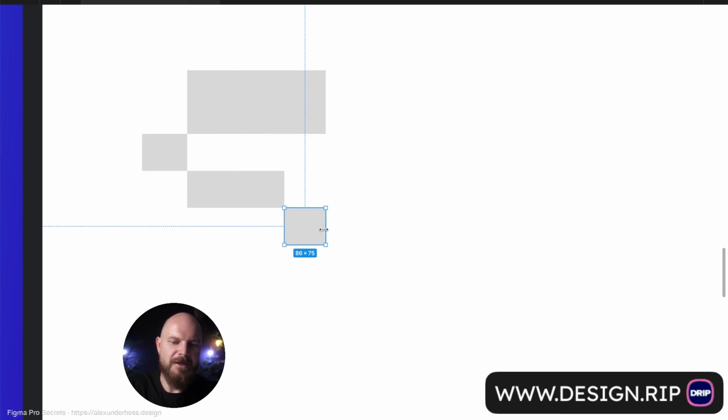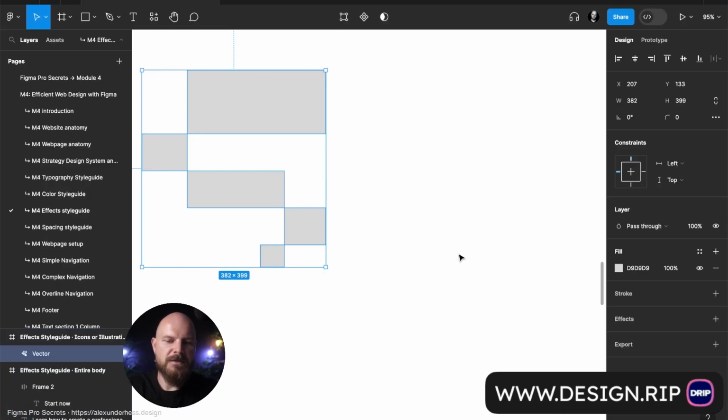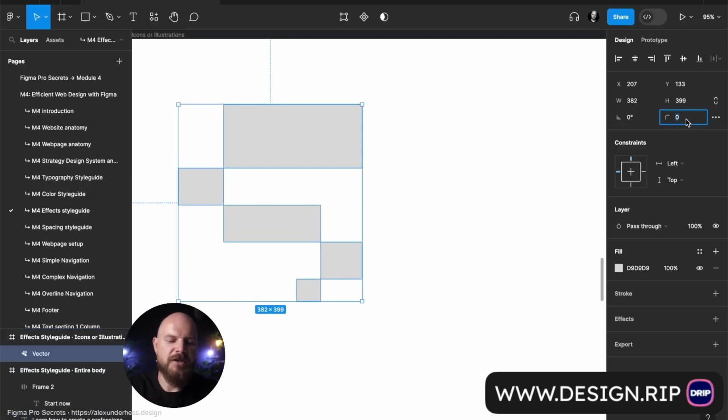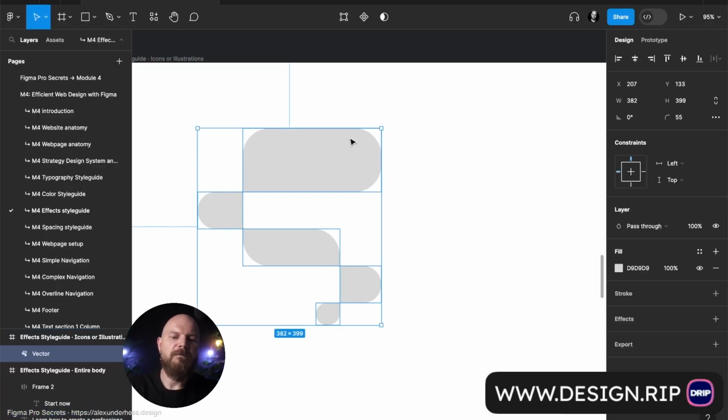I don't know exactly what I'm creating, I just want to show you what you can do here. So let's imagine you have something like a logo or an illustration, and then Command-E to create it just as one element. Let's change the corner radius to something like 40, maybe even more. Oh yeah, perfect, love it. And now this is an illustration. You can call it even here image